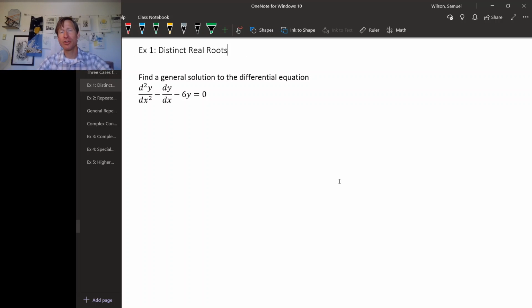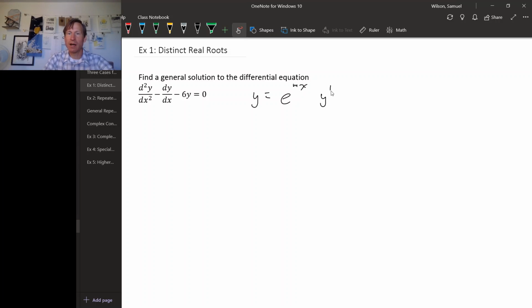Let's solve a second order homogeneous constant coefficient linear differential equation that produces a characteristic equation that has distinct real roots. So here's an example: the second derivative of y minus the first derivative of y minus 6 times y equals 0. Remember, the guess that you make to solve this kind of equation is that y should be e to the